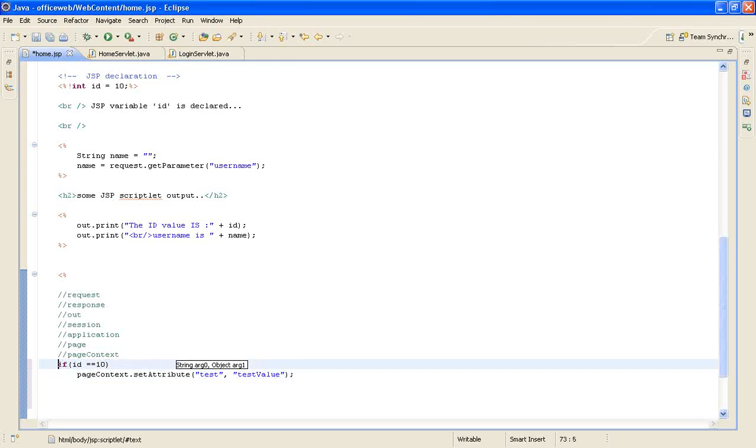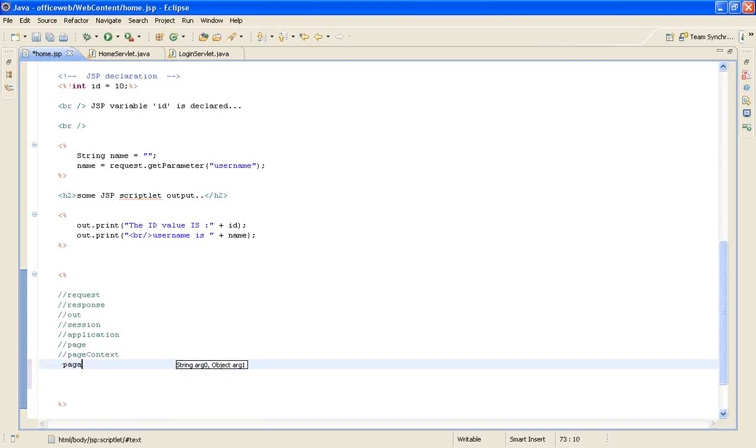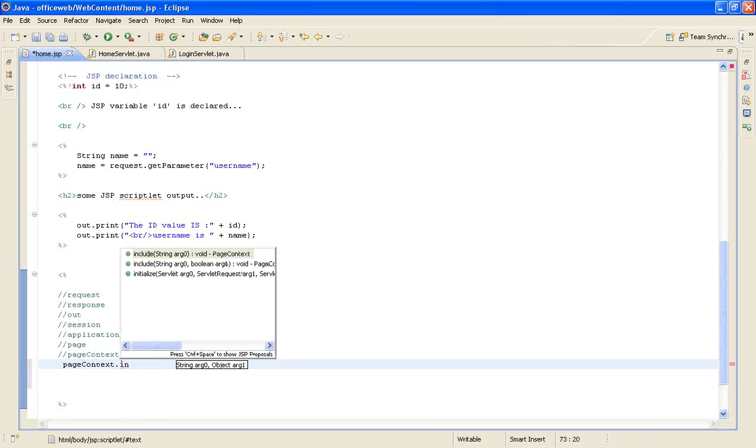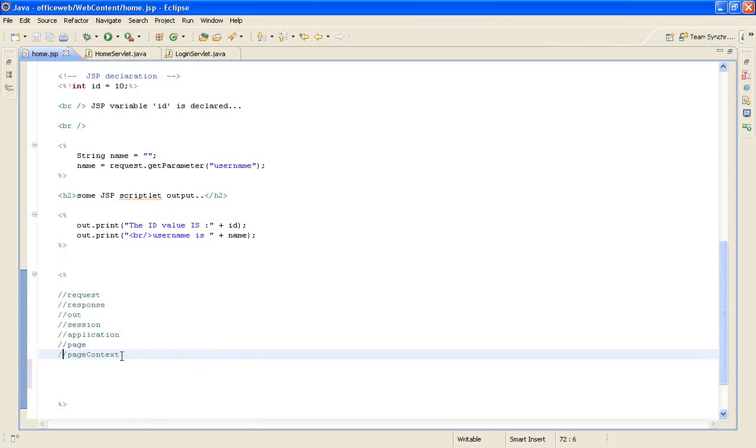Also, you can use this as a request dispatcher as well, because I see that there is a forward on pageContext, and there is an include. So you can use this object like this.